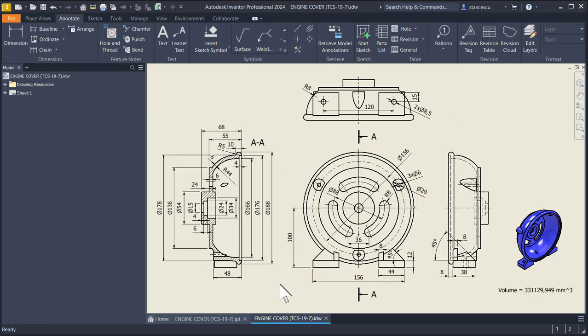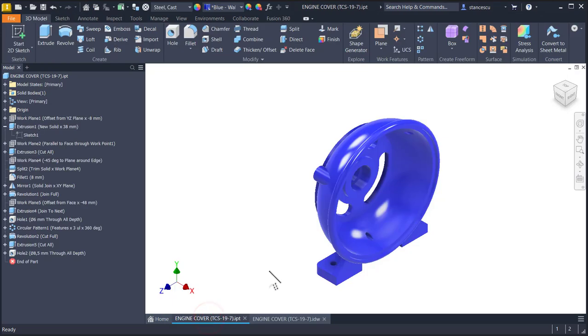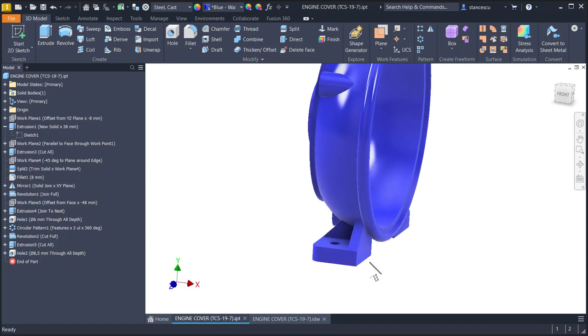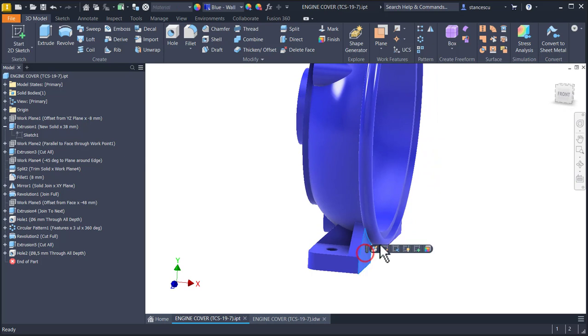To adopt a good strategy, we start by creating these two feet. You see there is a distance between this face and this face. I want to place the center point in the center of this circle, this one,